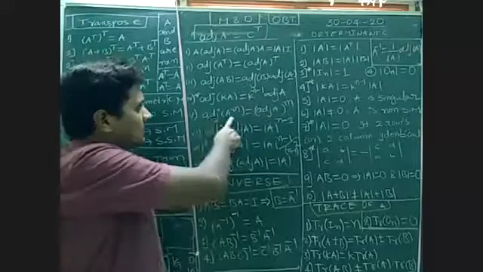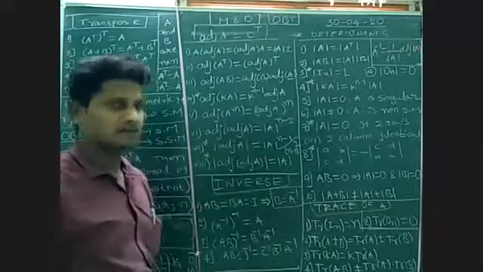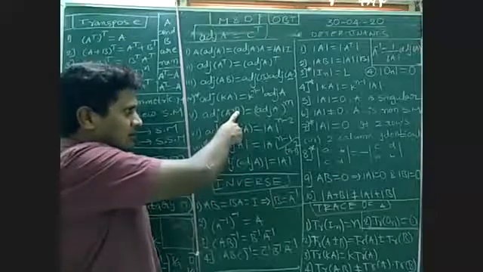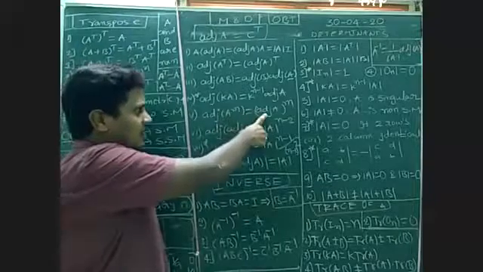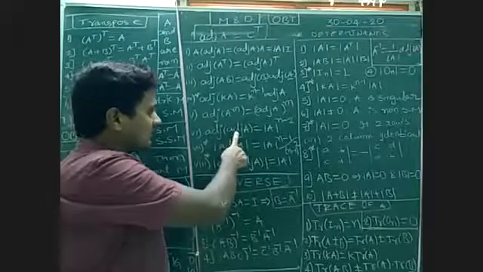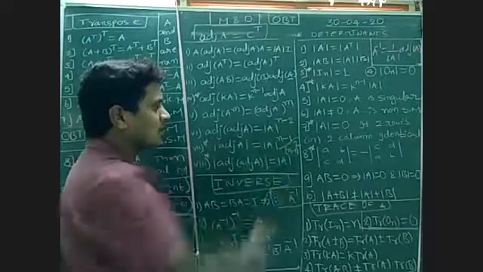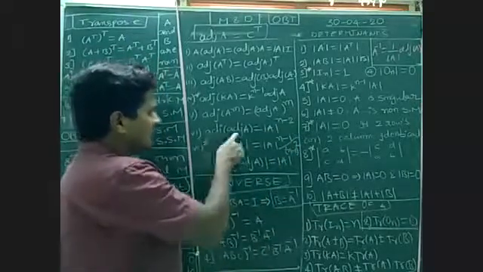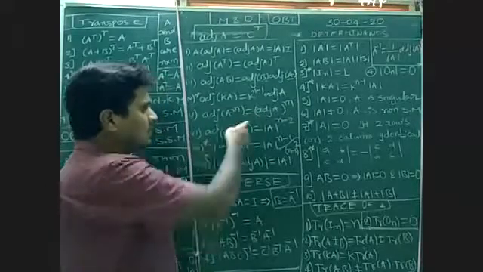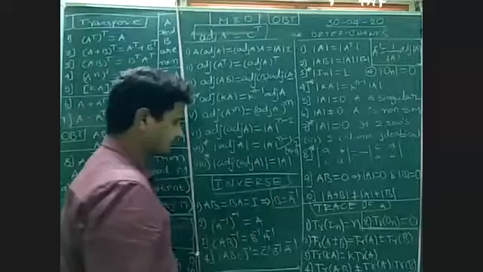And adjoint of A power n is always adjoint of A whole power. For example, if they ask adjoint of A power 3, they might first ask you to find adjoint of A, then cube it. Adjoint of adjoint A can be written as determinant of A power n minus 2. Why n minus 2? How to remember here? How many times adjoint is there, without a determinant? Without a determinant, adjoint of A appears 2 times, so that is n minus 2.